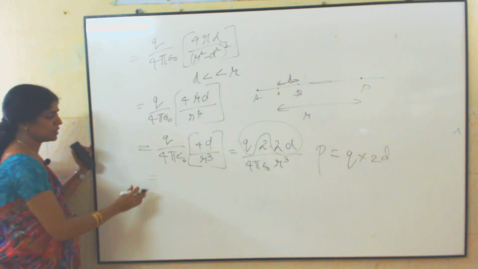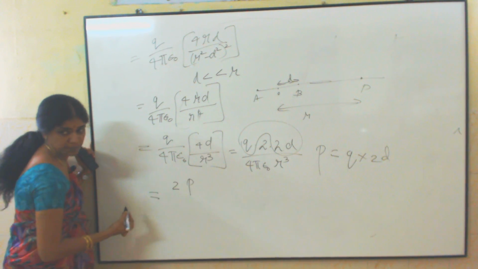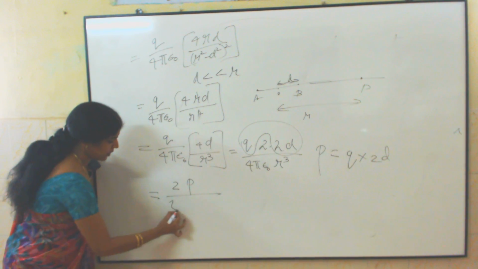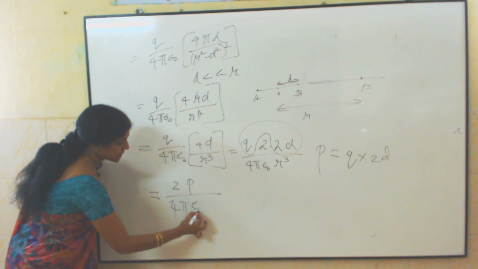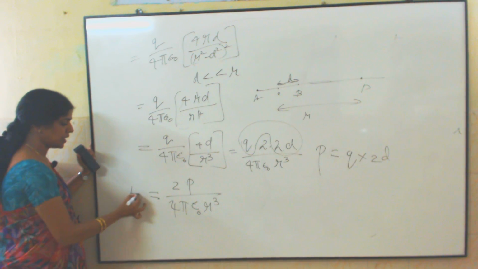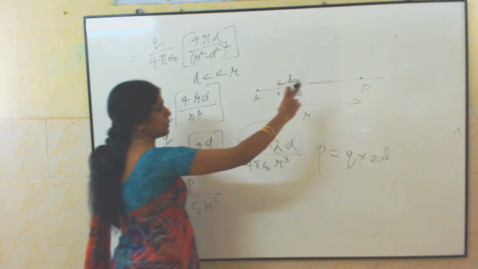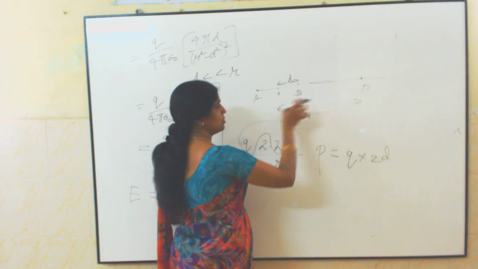So in the place of Q into 2D, I can write 2P by 4 pi epsilon naught R cube. This gives you the resultant electric field at a point P on its axial line due to the